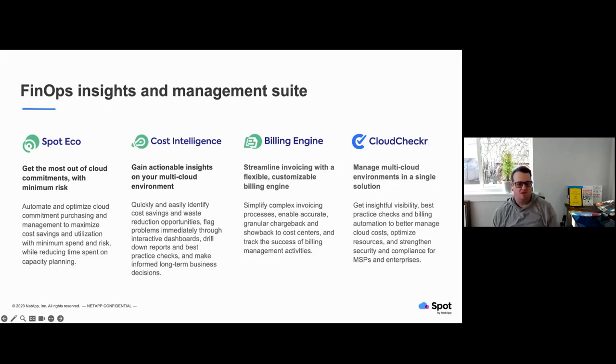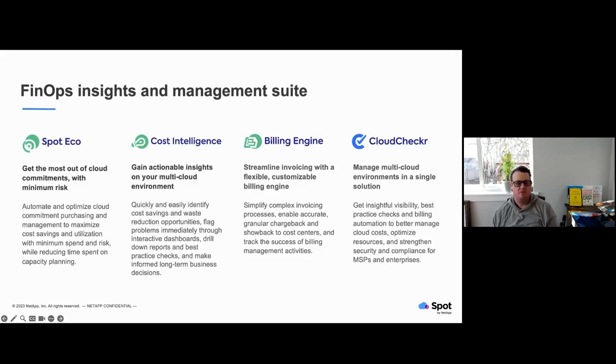So Cost Intelligence allows you to do this by quickly and easily identifying savings and waste, flagging problems immediately, and it gives you interactive dashboards that stakeholders can use to drill down reports and do best practice checks and make informed long-term business decisions that might be out of the hands of your DevOps or SRE teams or your platform